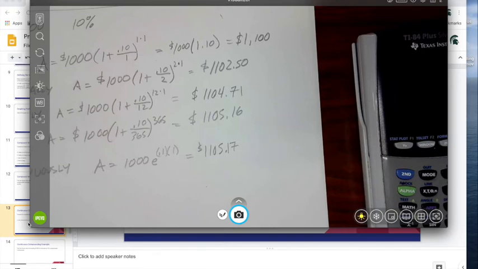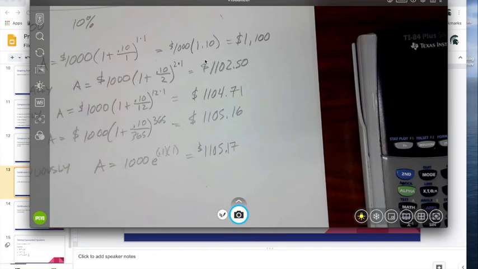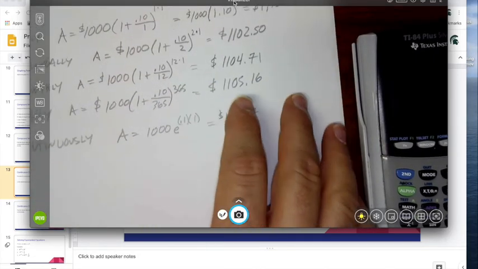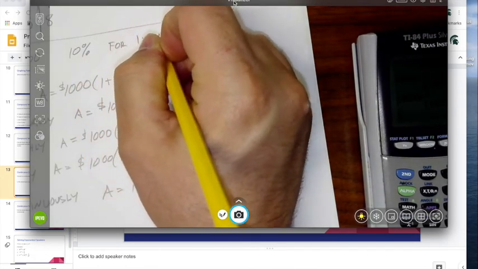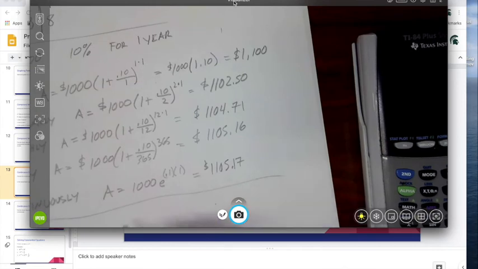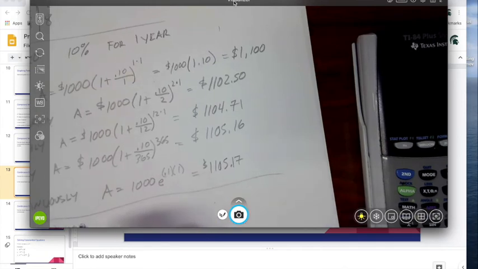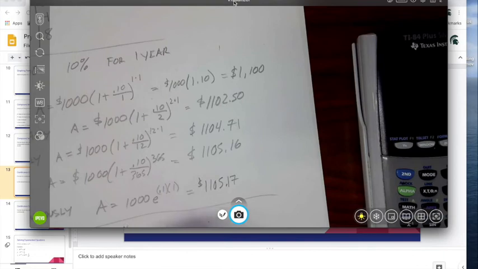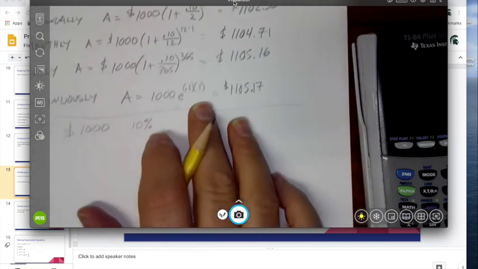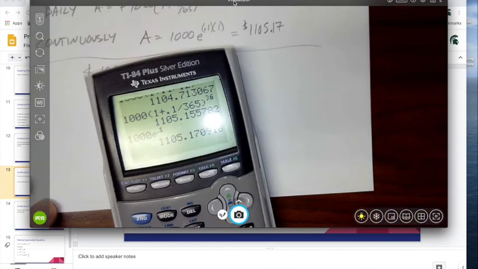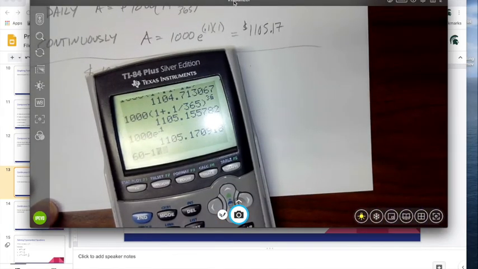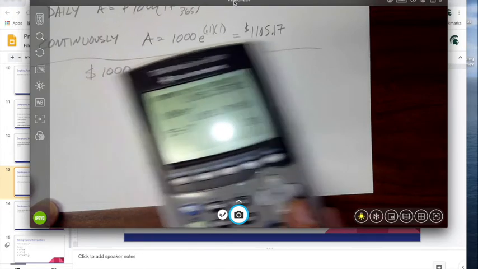So the thing that's really going to make the biggest difference, though, is time. Okay, so I'm not going to go back to the slides quite yet, but instead, this was all for 1 year up here. Let's see what happens if we do the same thing, but you guys are what, 17 years old for the most part? So reasonably, you would not expect to retire until maybe 60. So let's say you're going to retire at 60. Well, let's even say 55. That means you've got 38 years